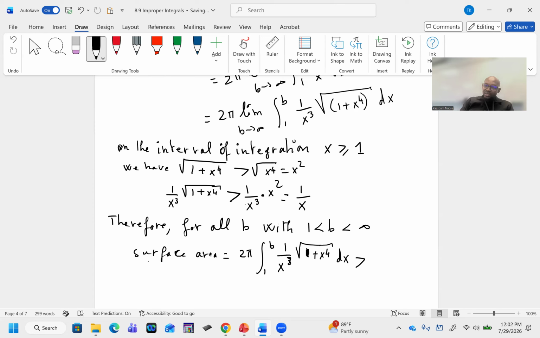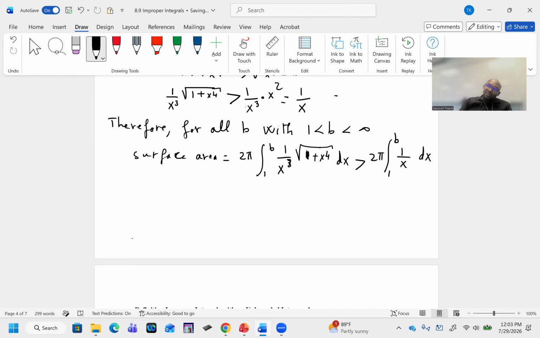This surface area also will be what? Greater than 2 pi integral from 1 to b, the limit of integration is from 1 to b, 1 divided by x dx, right? Based on what we said right here. And because you can see, if I find this integral,